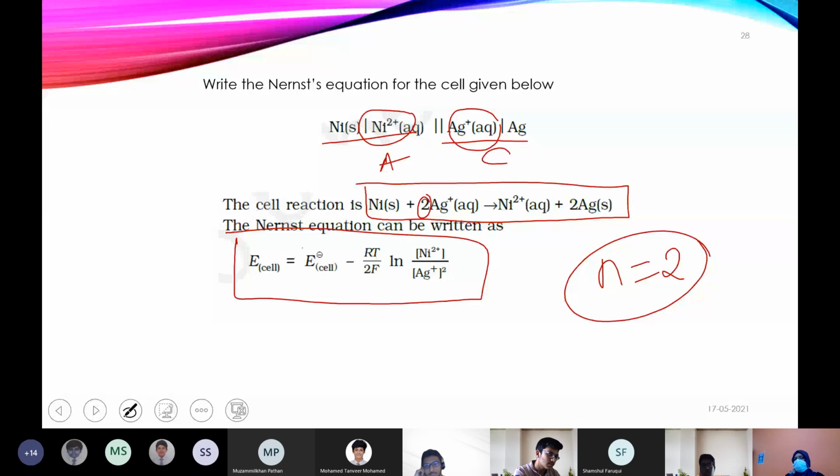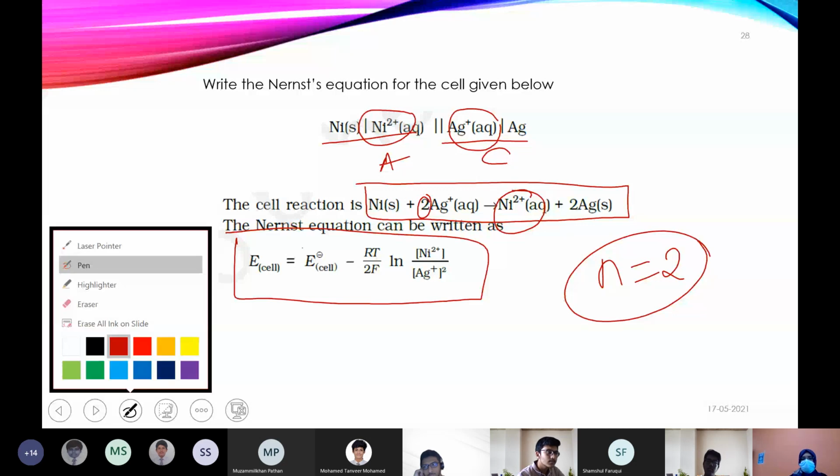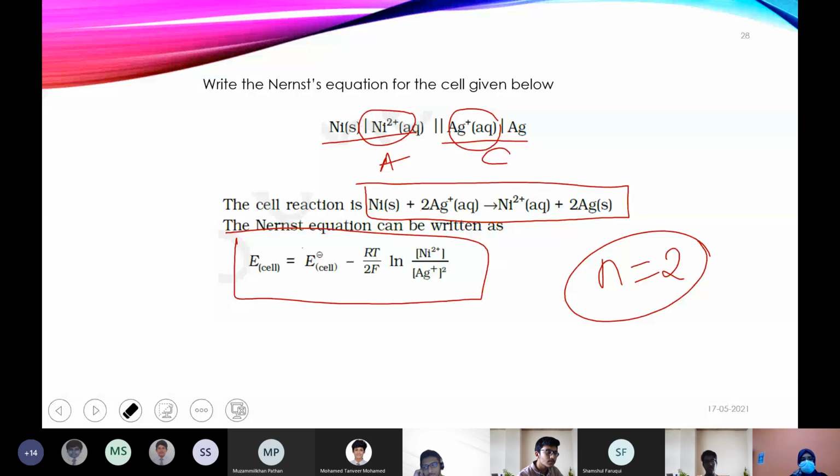Is it products by reactants or reactants by products? In the log, this is product by reactant, because Ni2+ is the product and nickel was on the reactant side, right? That's what is coming in my next slide explanation. Here you can see nickel in solid state is changing into Ni2+. So this is the product, and the product is in the numerator. That is why the species formed by the oxidation reaction is divided by the species undergoing reduction, that is the Ag+ ion.